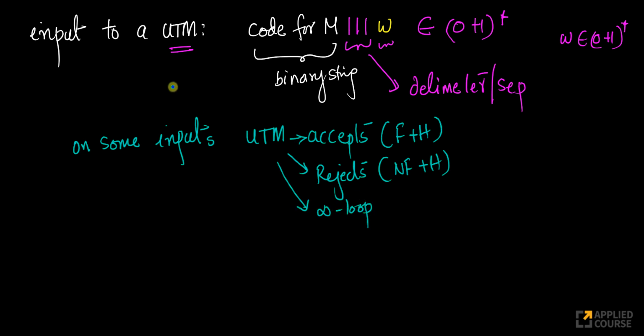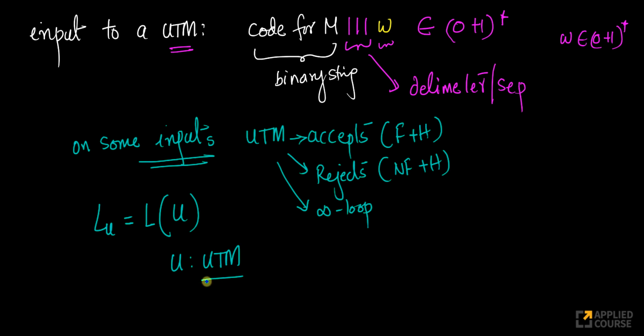Right? So all the words, all the inputs on which your UTM accepts. Let's call that language LU. So LU is nothing but the language accepted by U, where U itself is a universal Turing machine. If I call the universal Turing machine U, LU is the language accepted by U, which means it consists of